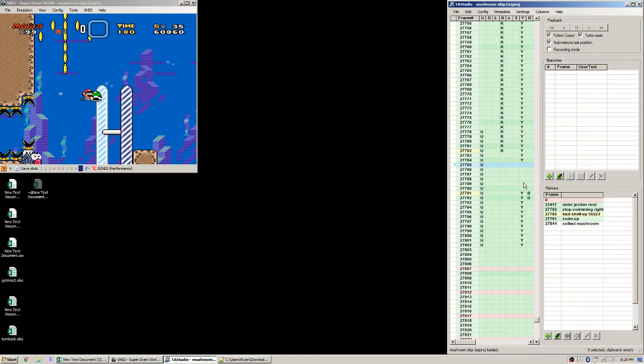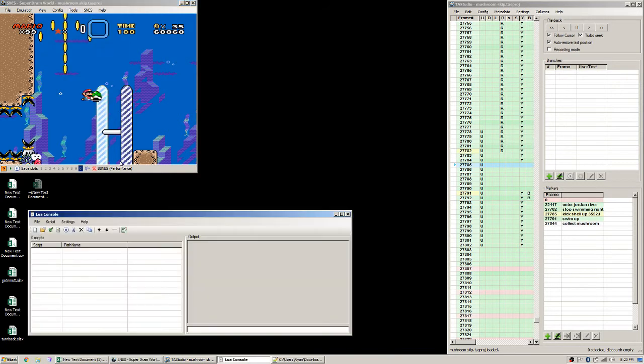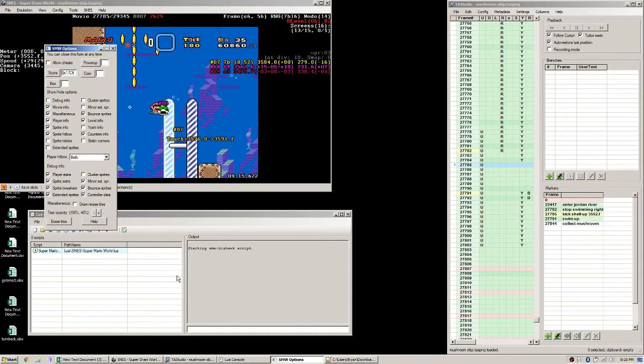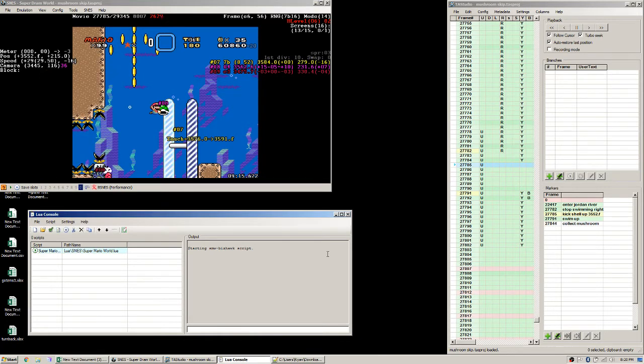But that was just based on hammering the inputs on and then manipulating them as you needed to in order to make it happen. But then I started wondering, well, what if you were going slower? So actually, I'm going to go ahead and open up, come on, show me the Lua console. So if I open up the Super Mario World Lua console, it shows, let's see, so right here, when Mario kicks the shell, he has